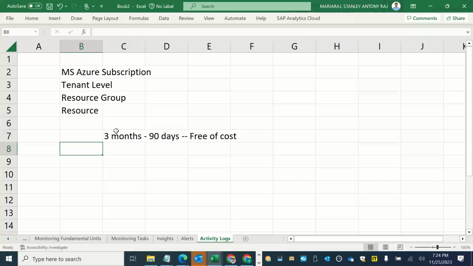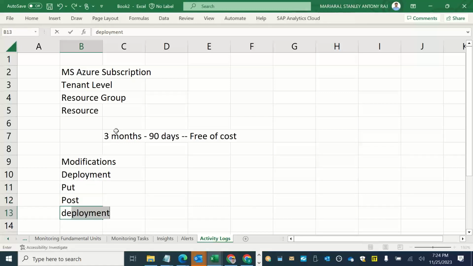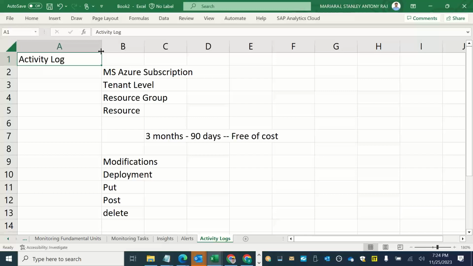Okay, and if you want to have more data beyond that, see, any modifications, any new deployment, anything that you are uploading to your S3 bucket, or posting to your web application, or any deletion you are doing, any activity that you are performing, all the activity log will get accumulated in the Microsoft Azure platform. So all the subscription level events, tenant level events, resource group, resource level events. So if you are restarting your virtual machine, if you are modifying the properties of your storage account, all these